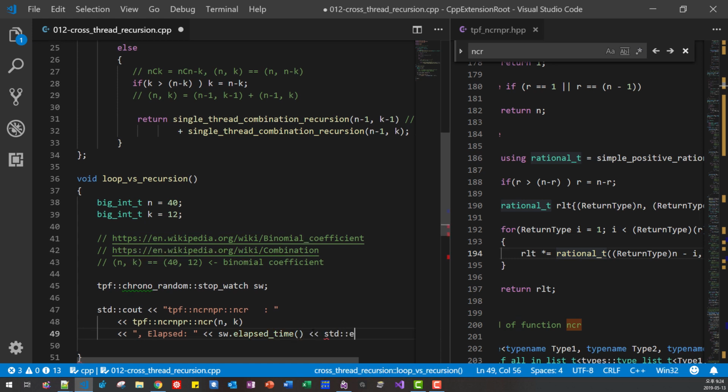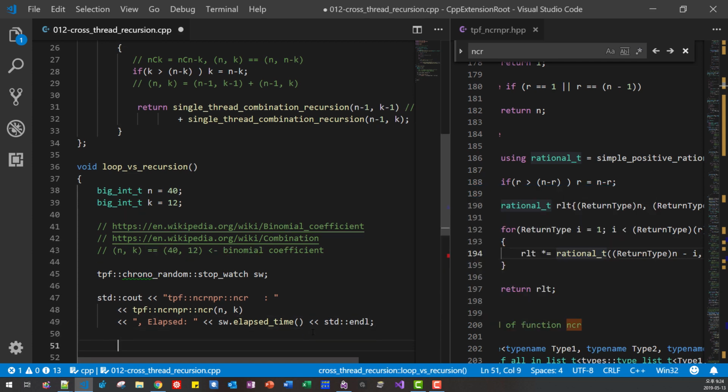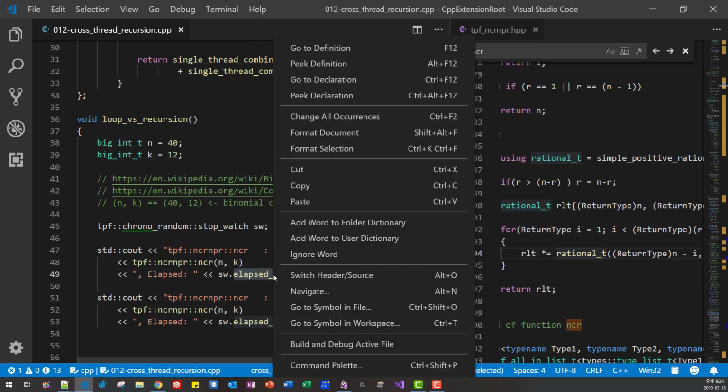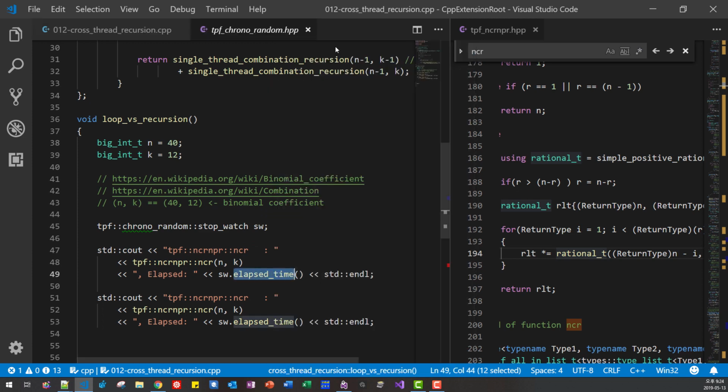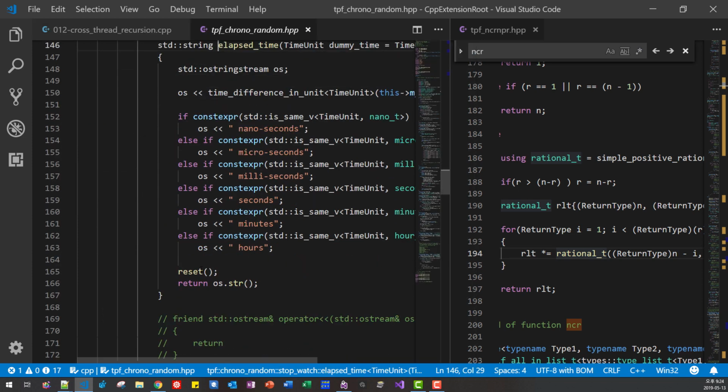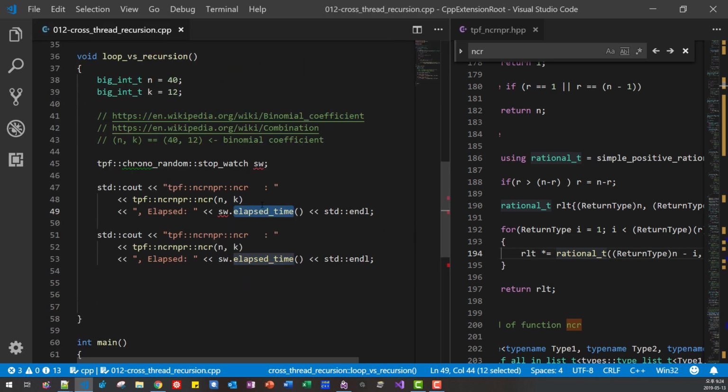I will copy the same function printout. I pasted it here. Once you display elapsed time, it resets the clock. So after displaying time, it resets the clock internally, so we don't need to reset separately.